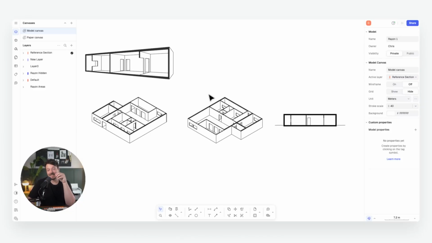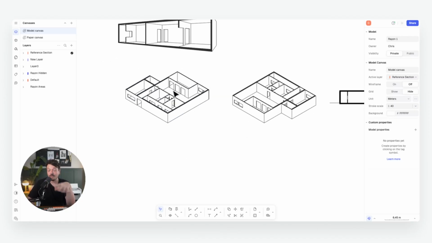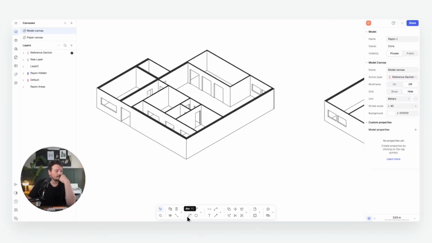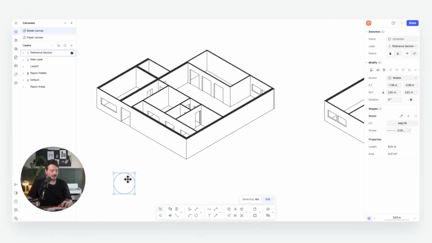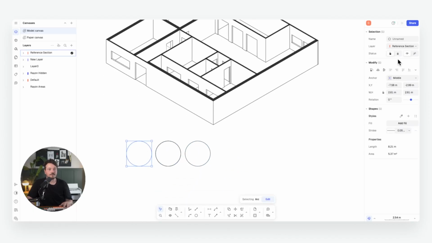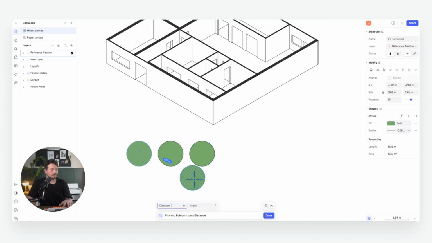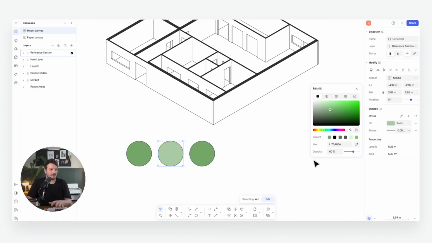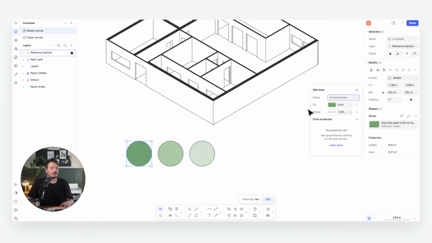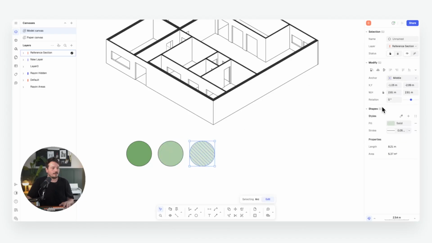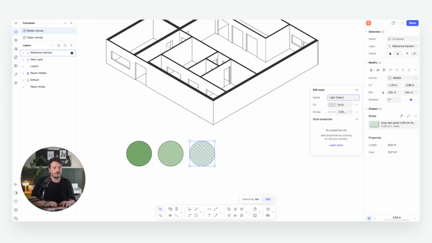The really great thing is being able to set up styles, and then I can use them consistently across the different types of drawings. So again, let's think about maybe some different colors or different materials we want to be illustrating on the interior. So maybe I'll just do a couple of circles here, and we'll set 3 different tones that we want to use. So for example, maybe we say there's this sort of green color here, and I'll say this one is a 60% and this one is a 30%, and I could save this as dark green as a style, similarly mid green as a style, and then light green as a style, and then